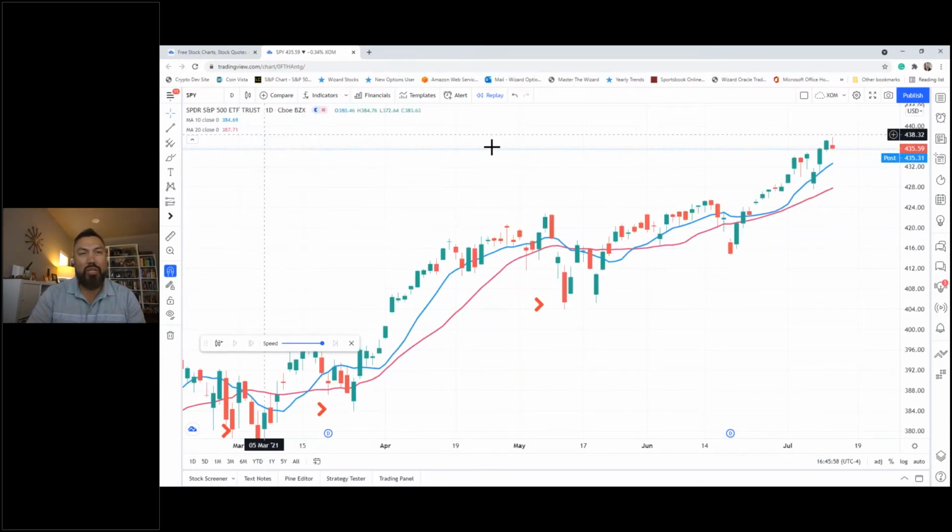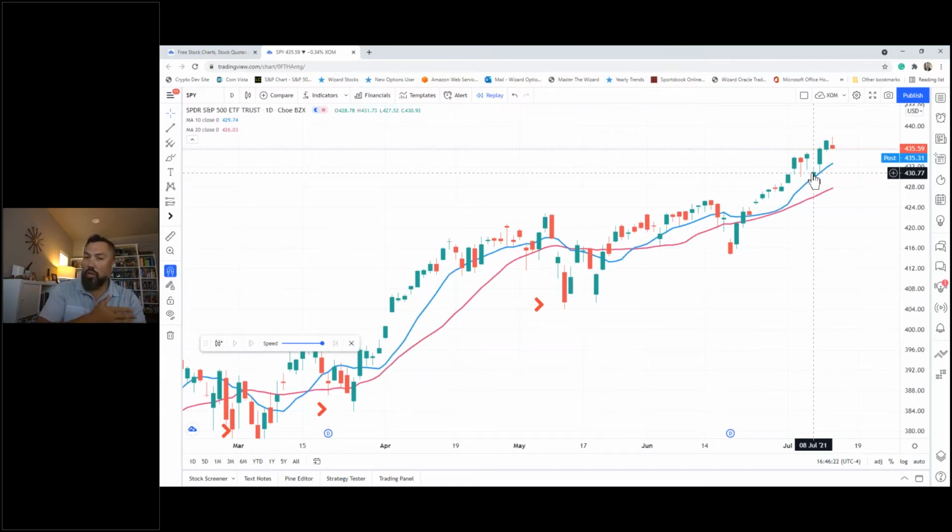When I turn back the candles, a lot of people get confused when they see these bodies, right? They're like, well, is it below? Is it above it? Always refer to the close price. Always look at the close price. This is the close. The close held above that 10-day average. Okay, that's how you're able to see what's really happening. It doesn't matter where it opened for the day. Doesn't matter the high price. Doesn't matter the low price. At the end of the day, like today, that price is the most relevant. And as long as that close is staying above these averages, that is the bullishness of it.